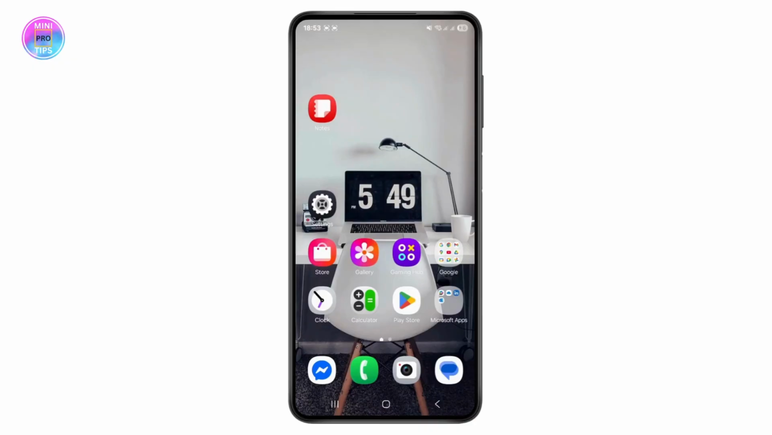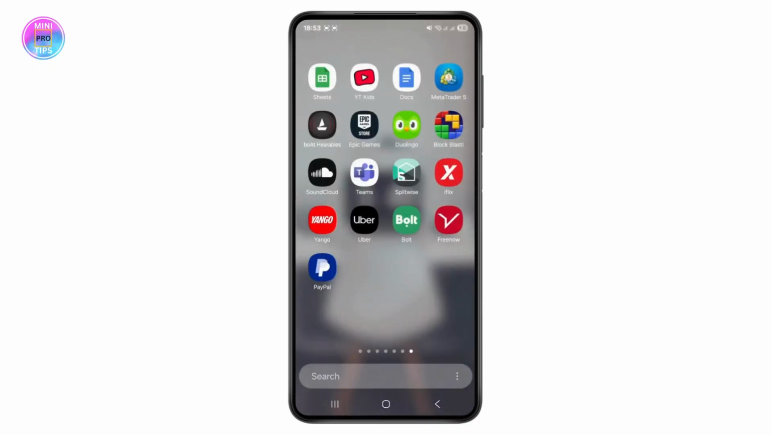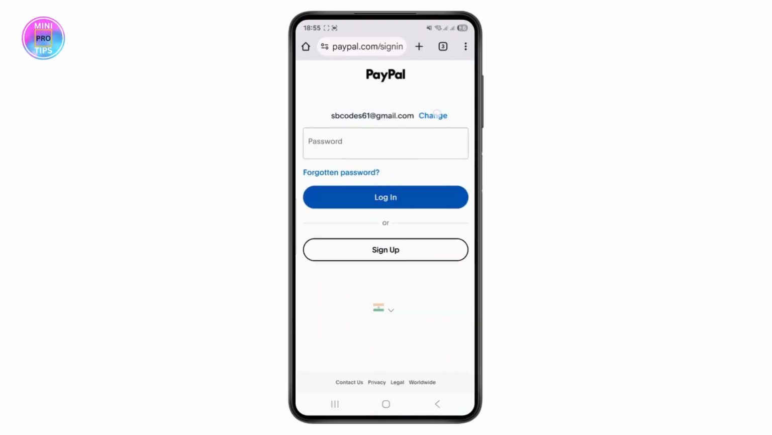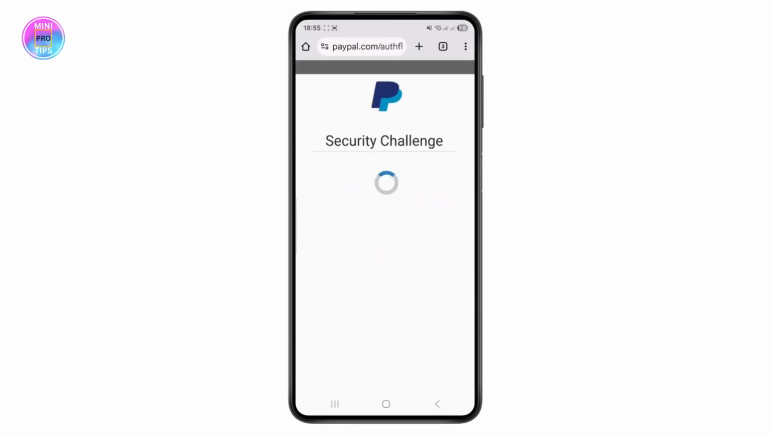In this video I'll be discussing how to reset your PayPal password. So first things first, just head over to the PayPal application, and once you're inside your PayPal application, just enter the registered email address. Once you enter your registered email address, just click on Next, and if you ever forget your password, you can just tap on this forgotten password button over here, which will take you to this page